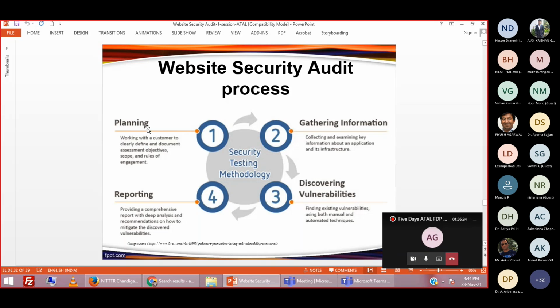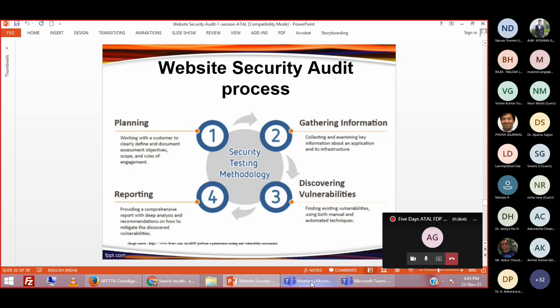All these things will be signed in the agreement, because without signing, if the auditor starts auditing, as per the Information Technology Act, IT Act rules, he will be convicted and may be punished. So definitely, without this agreement, they will not assess your website, right?